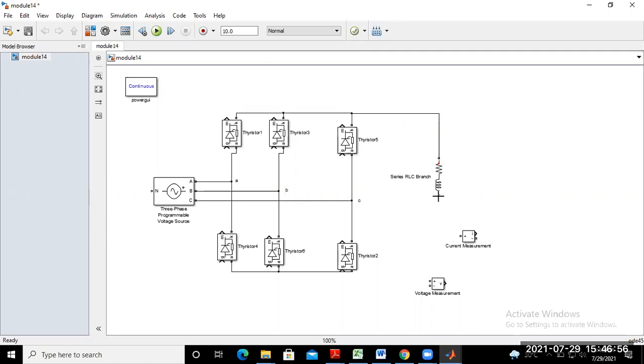The load is connected from the output terminal of the controlled rectifier. It is not connected in a proper manner, that's why it shows a red line. Just go upward. Then connect again from this point to this point.